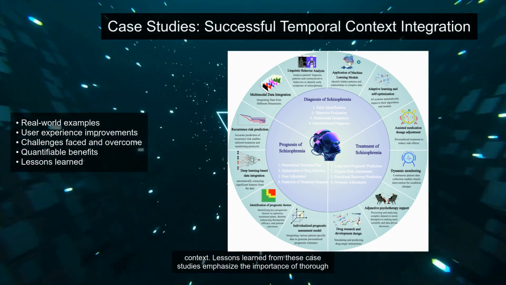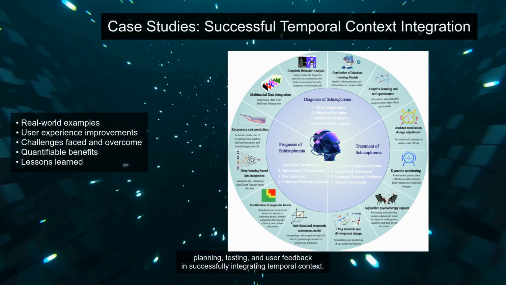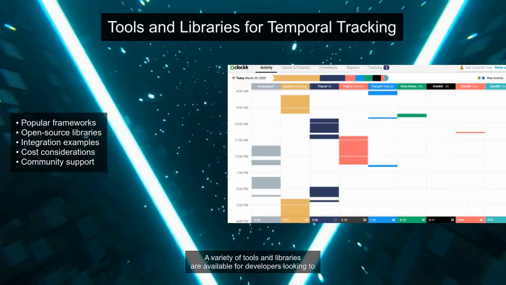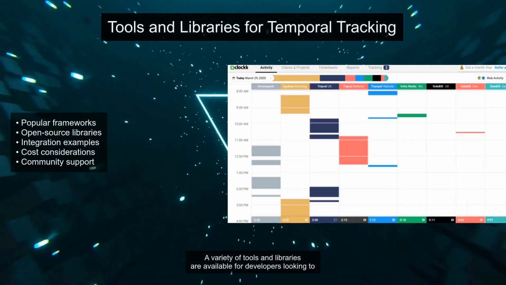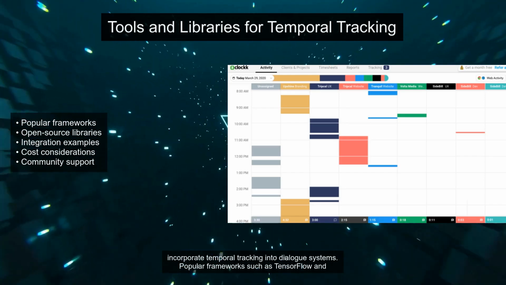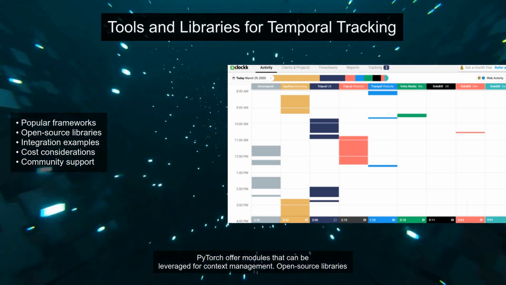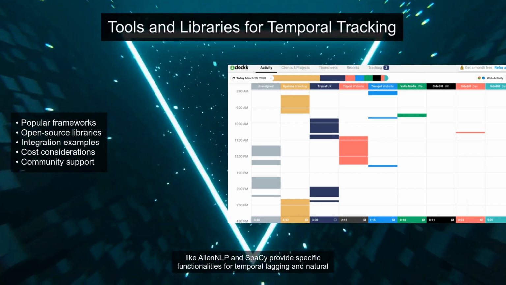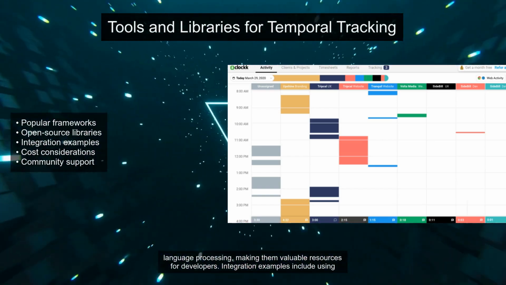Lessons learned from these case studies emphasize the importance of thorough planning, testing, and user feedback in successfully integrating temporal context. A variety of tools and libraries are available for developers looking to incorporate temporal tracking into dialogue systems. Popular frameworks such as TensorFlow and PyTorch offer modules that can be leveraged for context management. Open-source libraries like AllenNLP and SpaCy provide specific functionalities for temporal tagging and natural language processing, making them valuable